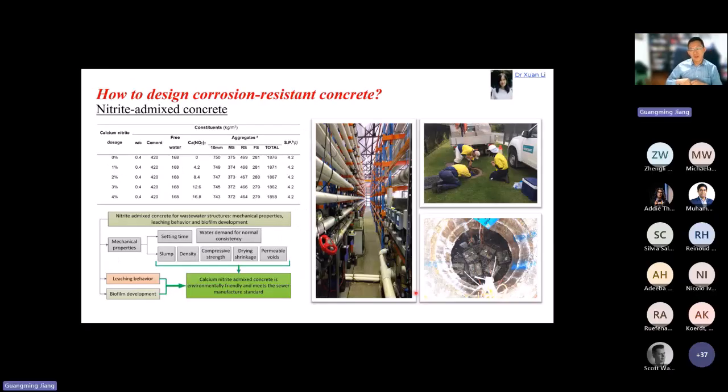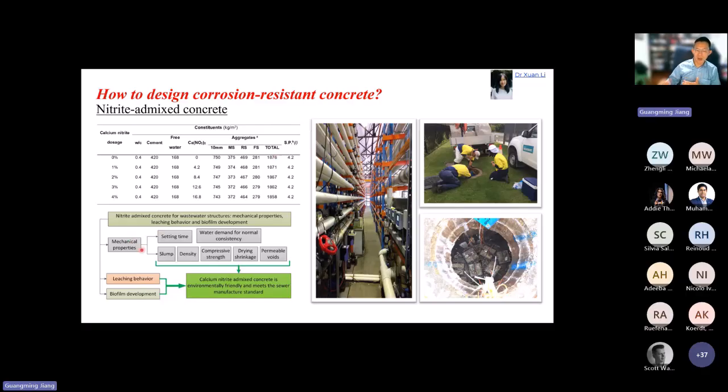So then, of course, we have this problem. How can we make some change to the concrete material to make it more resistant to corrosion? One big part of my previous research is based on nitrites, the chemical aspect in wastewater for a different purpose. But we think this may also work in the concrete. So that's why we work on this nitrite admix concrete